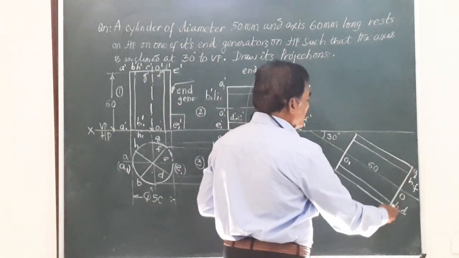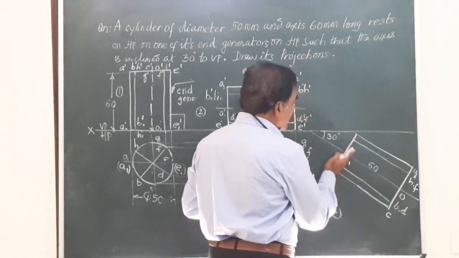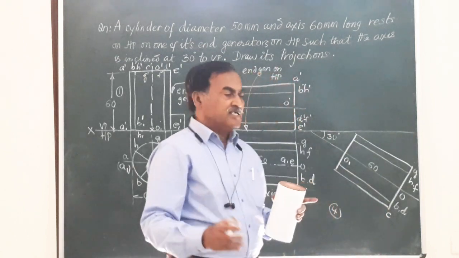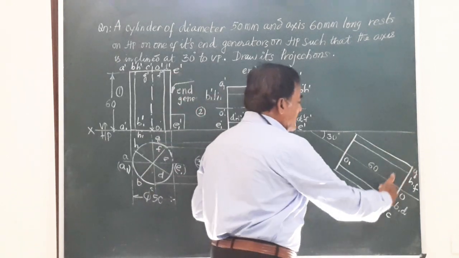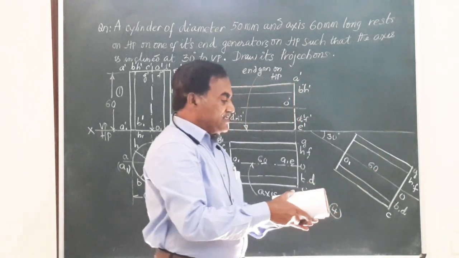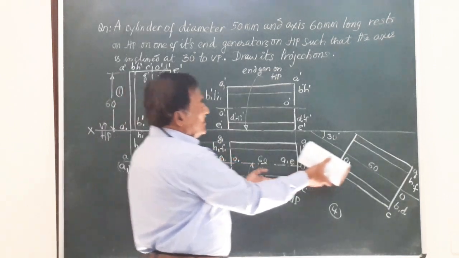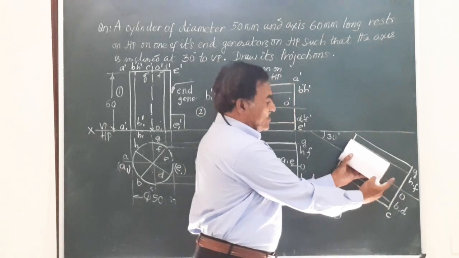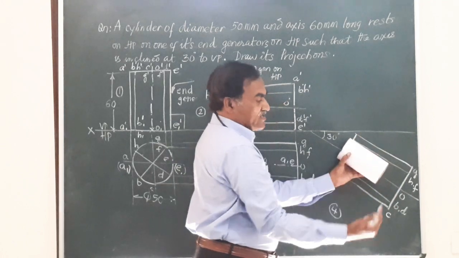The top face of the cylinder is nearer to the observer, our bottom face is nearer to VP. So the observer will be able to see the complete base of the solid. Hence I am going to take 8 points from here and 8 points from the top face here. And this is what happens when you are inclining like this. It was kept like this, you got a rectangle. Here I am drawing like this. Friends, you can see this face of the solid, which is nearer to the observer, that is the top face, is completely visible to the observer.